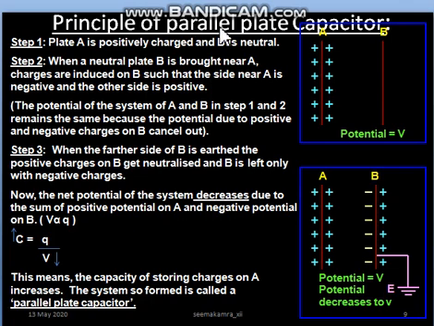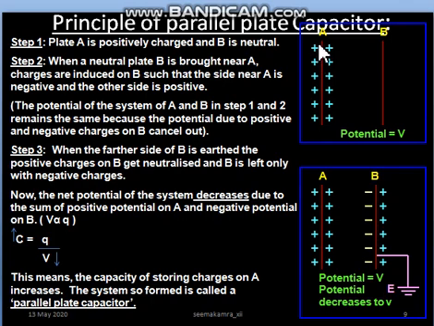So since the value of capacitance was very small there, that's why we had to think about an alternate capacitor, and that is parallel plate capacitor. Now, to understand how this parallel plate capacitor is formed and why its C value, that means capacitance value, is achieved greater, we need to follow these steps. So let us start understanding the parallel plate capacitor.